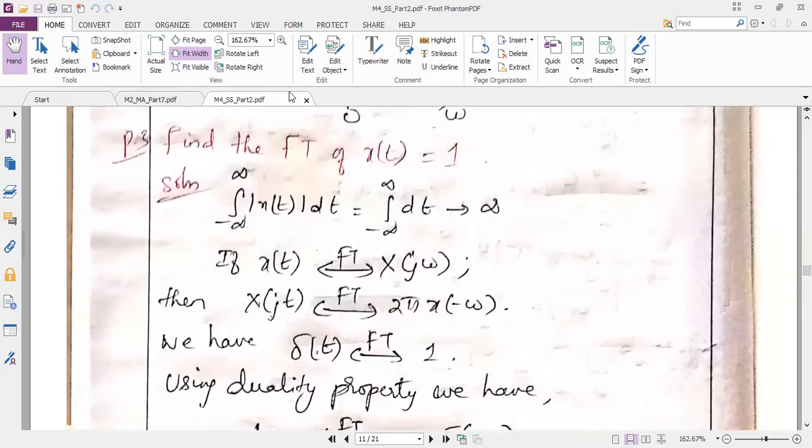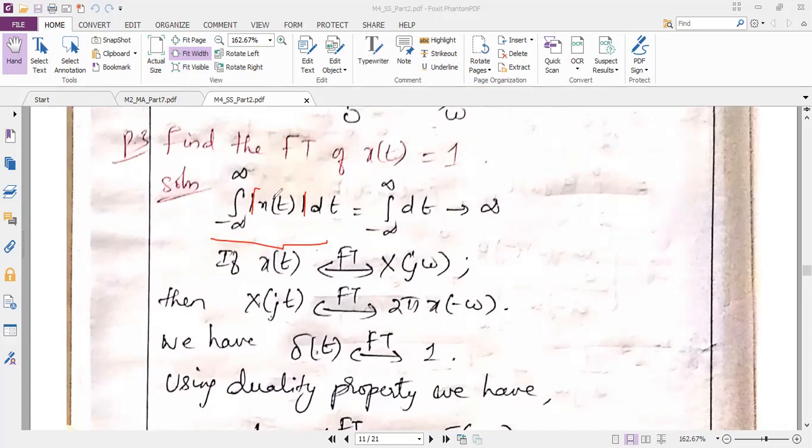My first step is the integral from minus infinity to plus infinity. I am taking only the magnitude of x of t dt. I am not using the formula of Fourier transform. Simply I am going to integrate my given question. My given question is x of t. That too I am considering the magnitude part with respect to dt. My limits I am taking from minus infinity to plus infinity. Okay. So if I do that, what will happen?